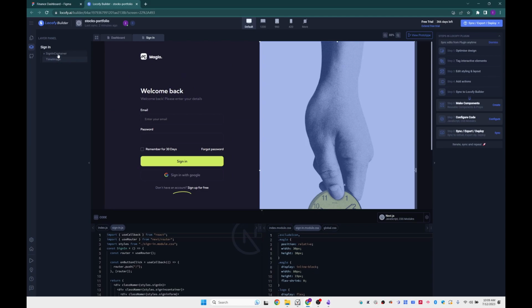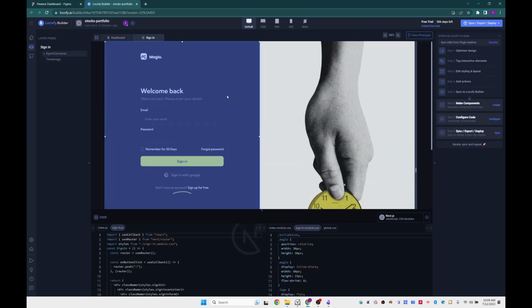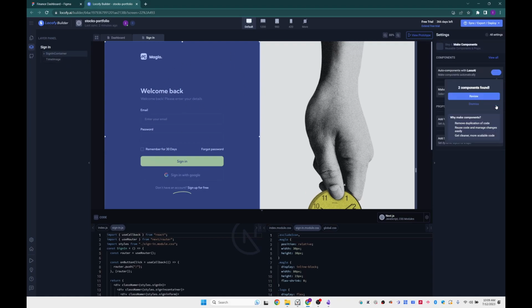We have two main things here. We have the sign-in container and the image. So for the sign-in container, we can select it. You see it selected here in blue. And I can click here, make component. It's actually found two components that it's going to recommend us to create. We're going to dismiss this for the time being, but we're going to create the sign-in container component by clicking